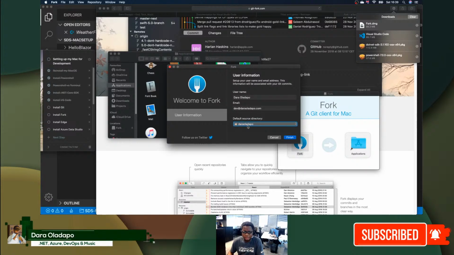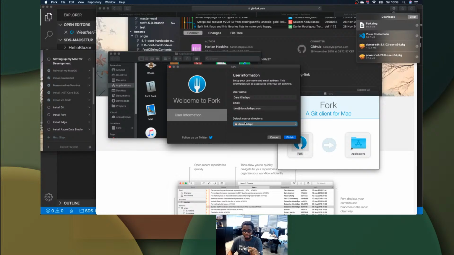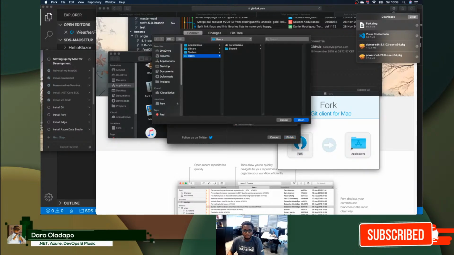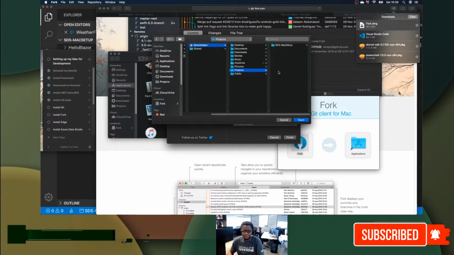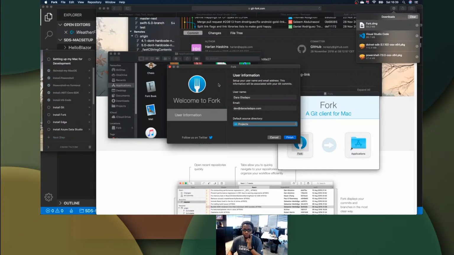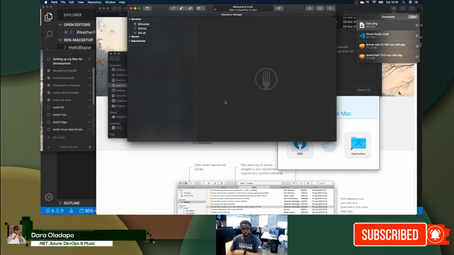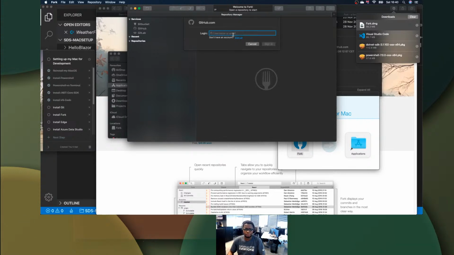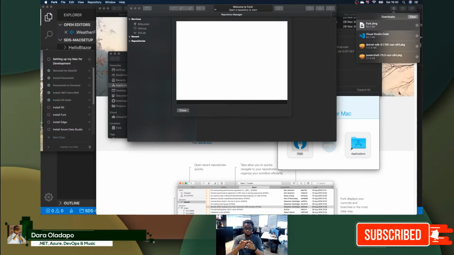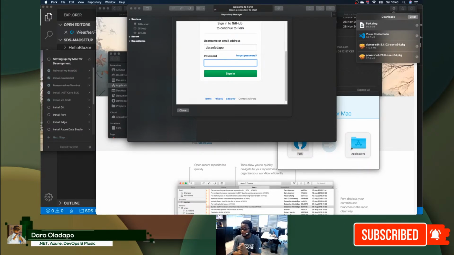Right, so it's asking me to set my source directories. That's where most of my Git projects will be. So I'll just go ahead and choose, because I have this folder set up in my projects. Yep. So it will do an automatic scan of this folder and get all the Git-based projects, and then have them up here for me. And I can also connect to GitHub. So let me actually connect to GitHub from here. This is the first time I'm trying to connect to GitHub. So let me see, my password for GitHub is